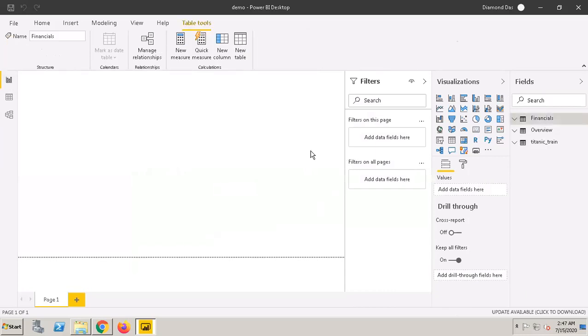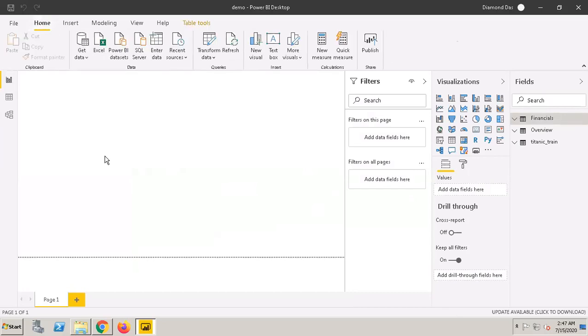Now, like in any BI process or any data analytics process, there are some steps involved. First, you extract the data set from one or more sources, then you do the necessary transformations on your data set, and then you load it for further analysis.